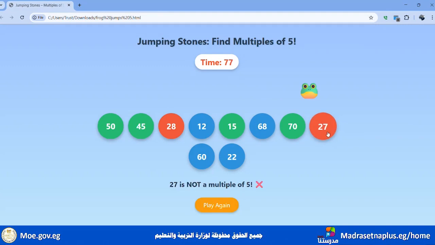27 is not a multiple of 5. Why? Its ones digit is not 0 and not 5. Its ones digit is 7. 60 is a multiple. Now let's play the final try. Be sure to get